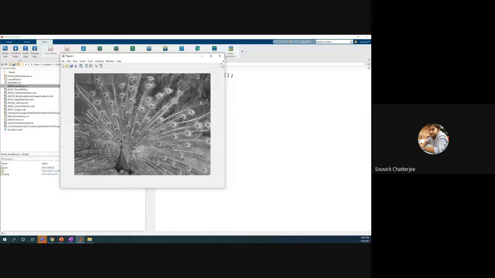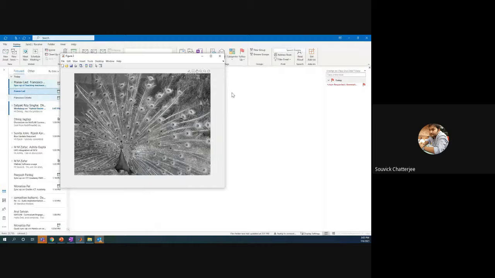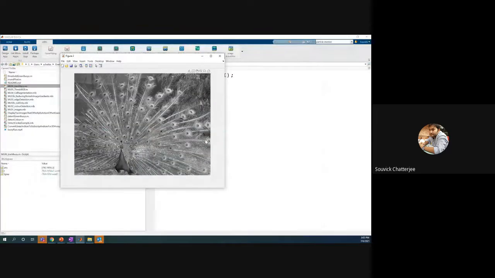Can we take the average of the RGB plane? Now it depends. Once you have the matrix, you can do a bunch of different things. It depends on what you exactly mean by average, because this is a matrix, right? If you want to take the average of the red pixels, you can do that.